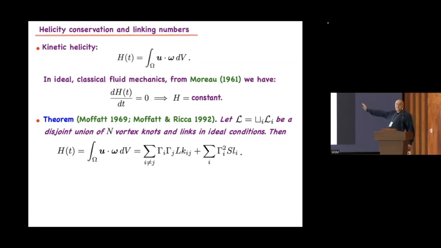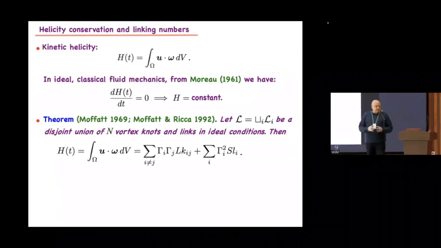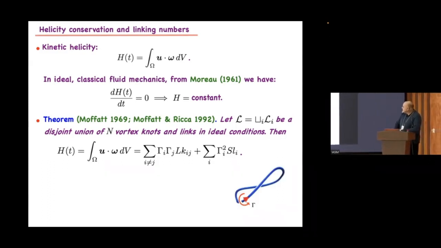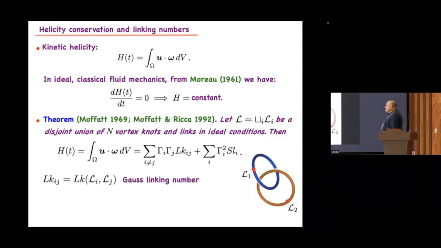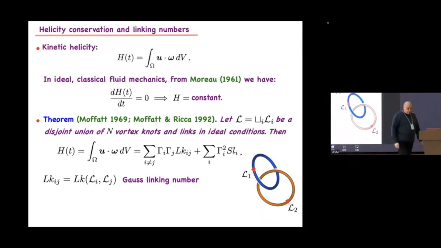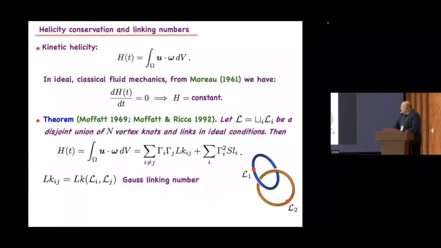Now, this is from a classical viewpoint, and I didn't write the name, but Hayder Salman, in recent years, I think it was 2016, something like that, proved that the same topological interpretation of helicity could be given to quantum cases. All right, so this is a single element, a knot, if you like, and for this link, sorry, we can define a Gauss linking number that measures the topological linkage between these two elements.